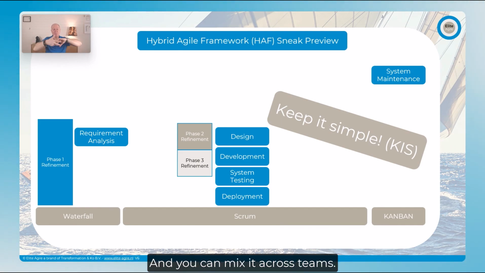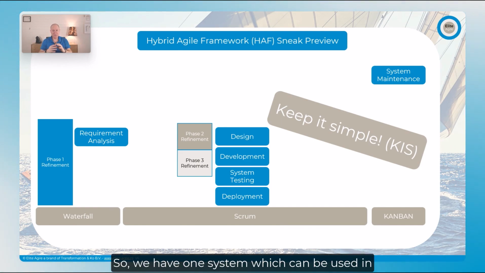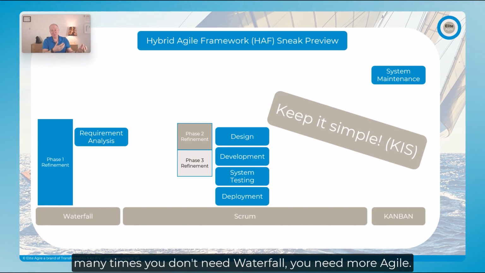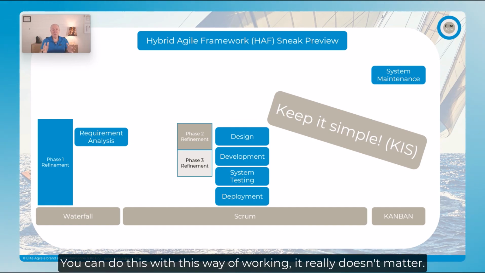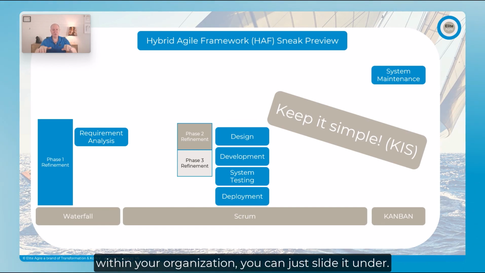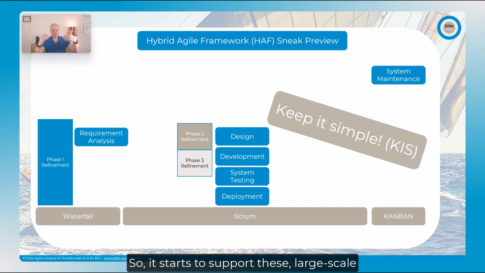And you can mix it across teams. So you have one system which can be used in all kinds of different approaches you need, because not always do you need agile. Many times you don't need waterfall, you need more agile or something in between. You can do this with this way of working. It really doesn't matter. It also doesn't matter if you use a Prince2 or a SAFe model within your organization. You can just slide it under so it starts to support these